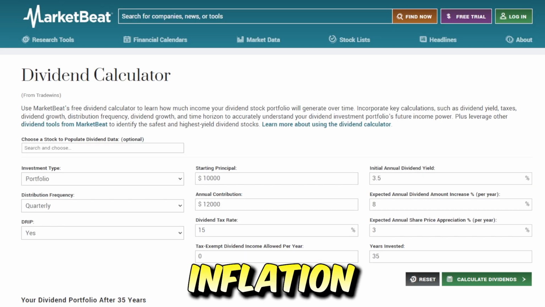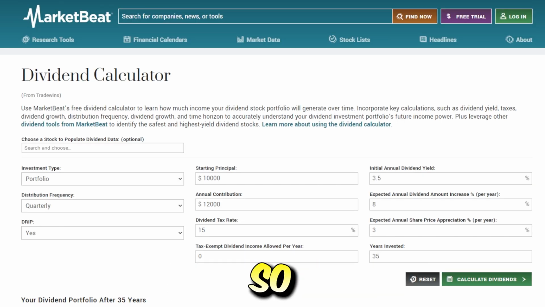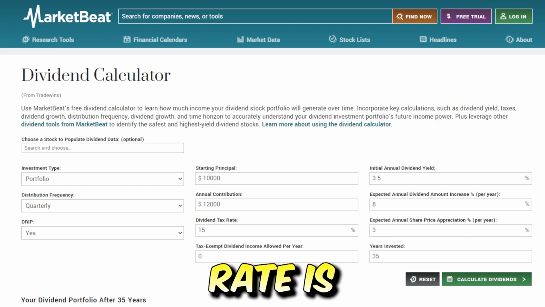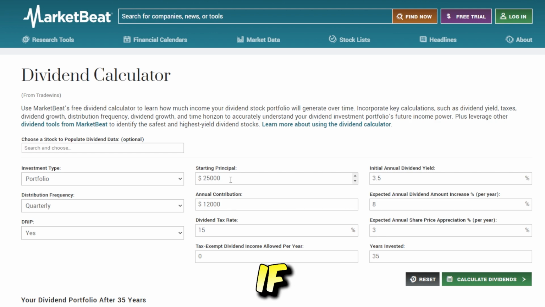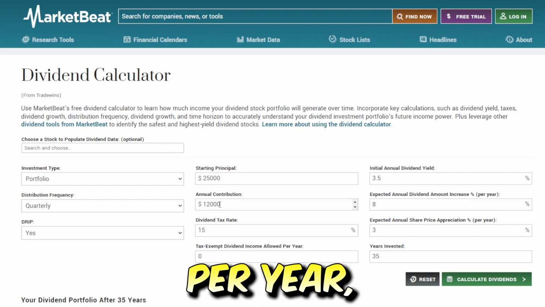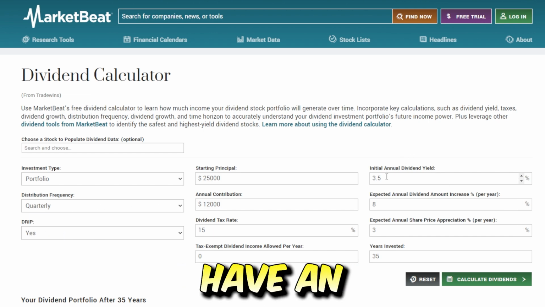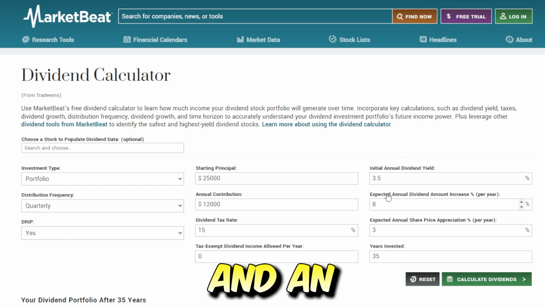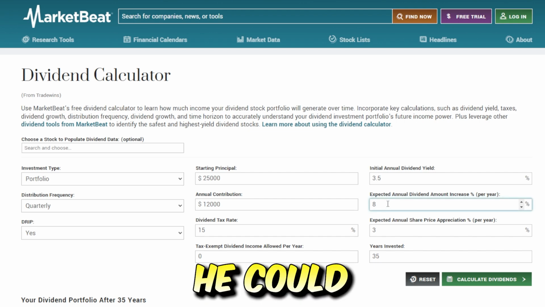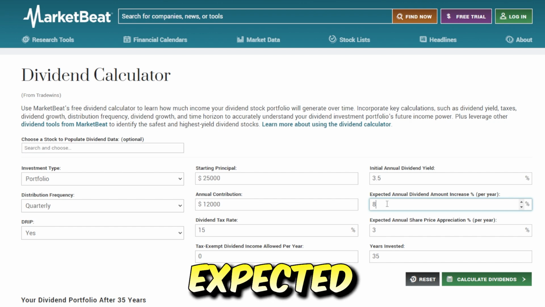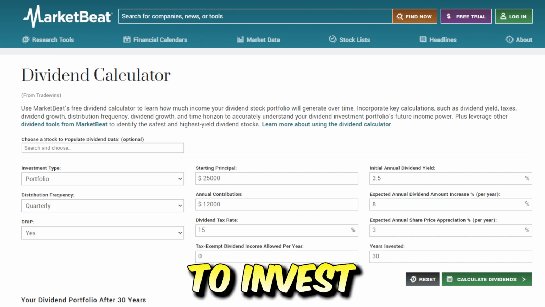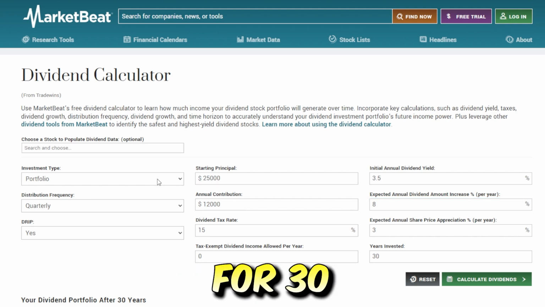But it's not just inflation that makes the dividend growth rate of an investment so important. And specifically in the case for SCHD, on why I think the dividend growth rate is crucial when buying the ETF, if we look at a dividend calculator and start with just $25,000 and add $12,000 per year, have DRIP turned on, and have an initial starting dividend yield of 3.5% and an expected annual dividend amount increase of 8%. Now, even though SCHD could have a higher or lower expected annual dividend amount increase, I'm just going with 8% to be safe. Now, if we were to invest this relatively small amount of money for 30 years, look at